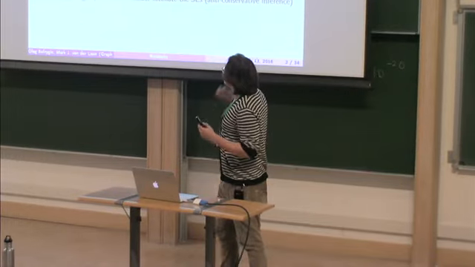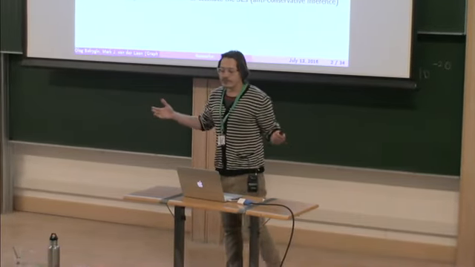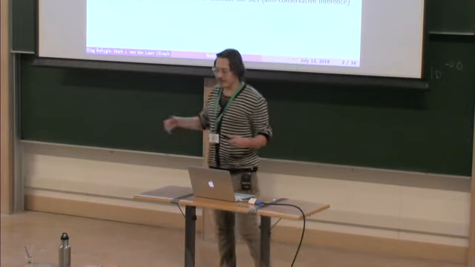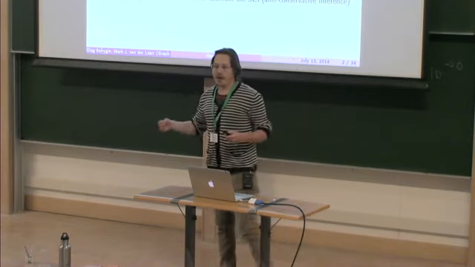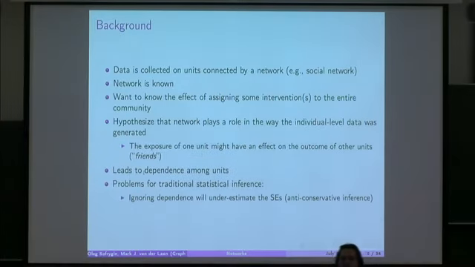And we hypothesize that there's a community, we have a network, but most importantly that intervention received by each individual has an effect on other people's outcomes. So hence, that's how network component figures in, and I'll make it more precise in a second what I mean by that. But it's been known, obviously, that such type of interference or spillover induces dependence between units, and that leads to dependence.